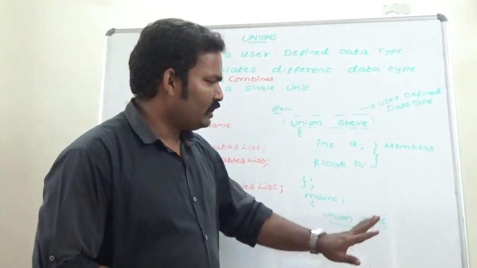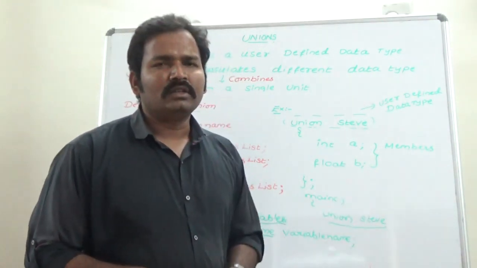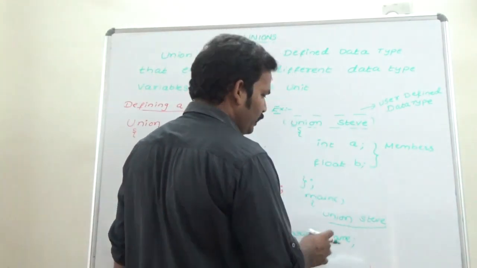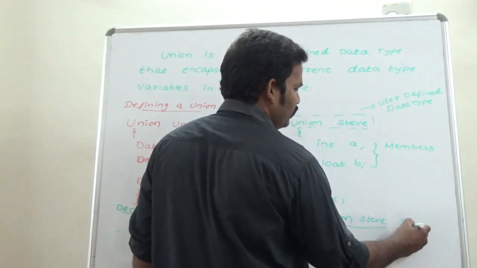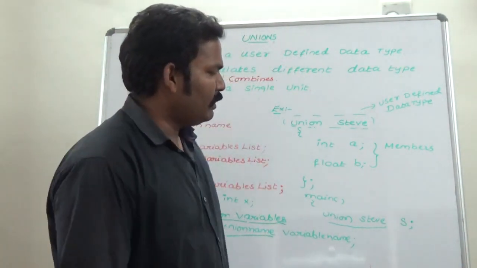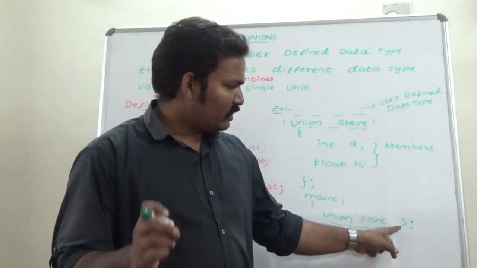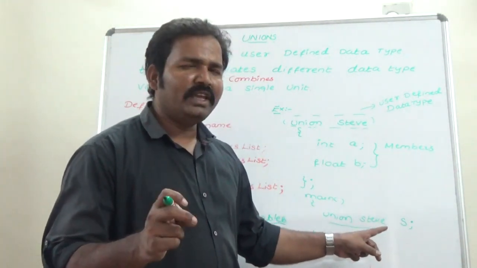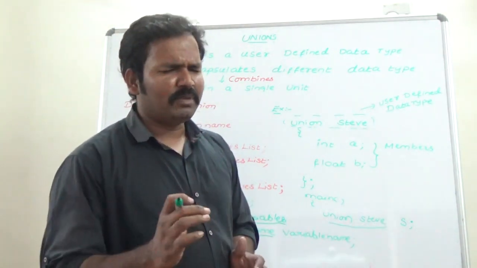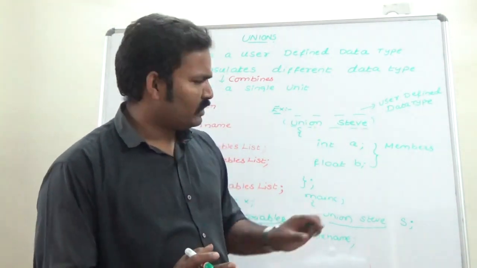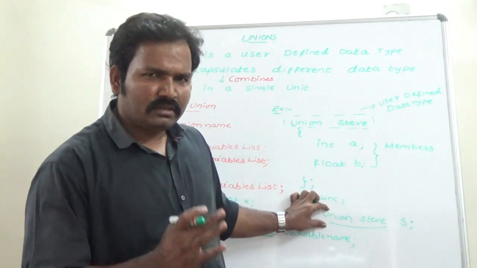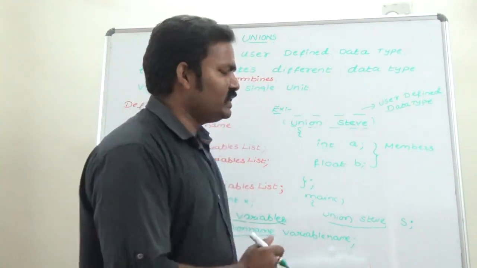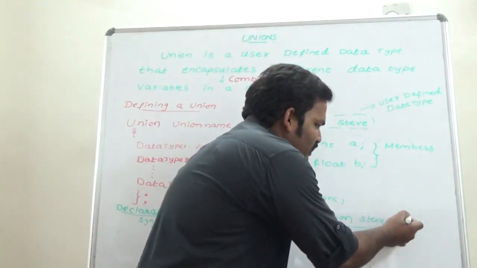If you write just union or just steel, that is wrong. So union steel, then the variable name, any variable we can take. Here I am taking the variable name as S. So clear, this is the declaration of union variables. To declare union variables, first we have to write the user defined data type, then we have to specify the name of the variable. So in this example, the S variable is declared